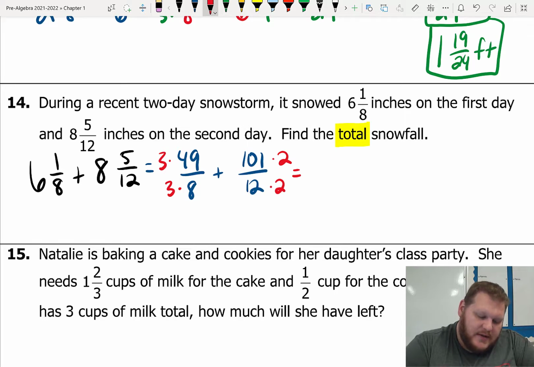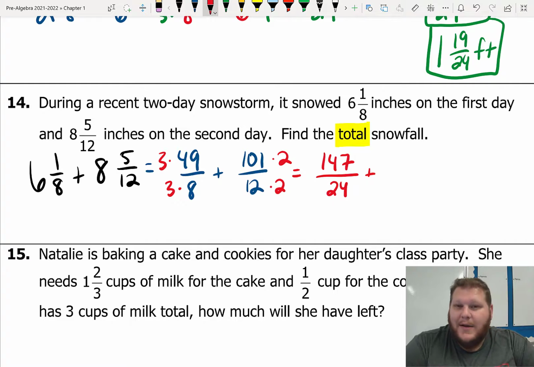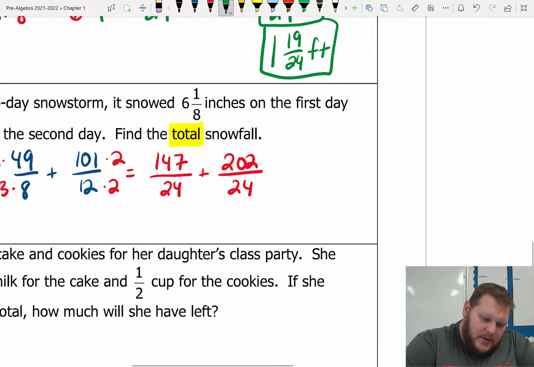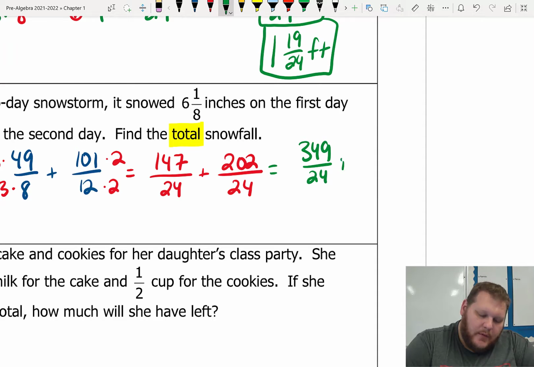So 49 times 3 is 147 over 24. 101 times 2 is 202 over 24. I add them together, and I get 349 over 24 inches, which, if we want to convert that into a mixed number, probably have to use a